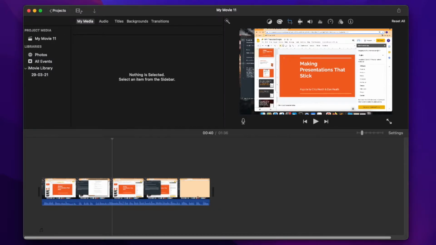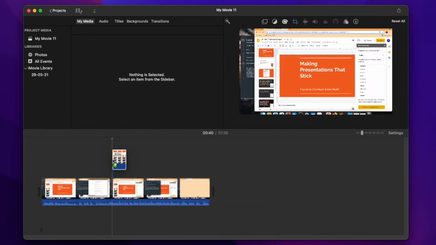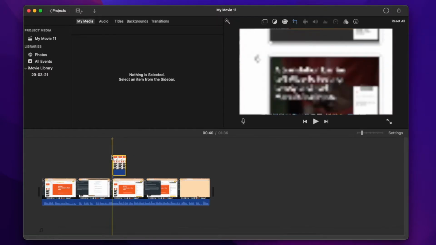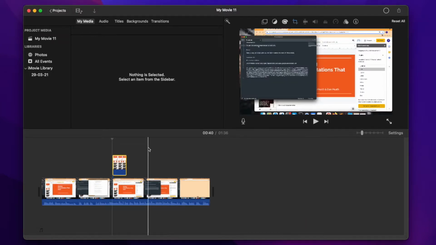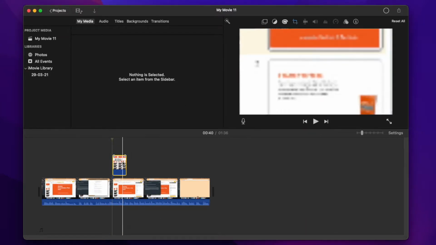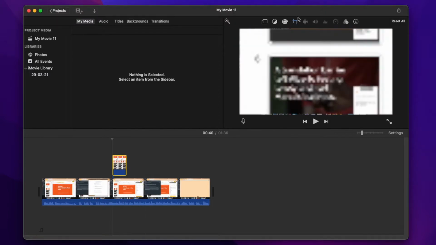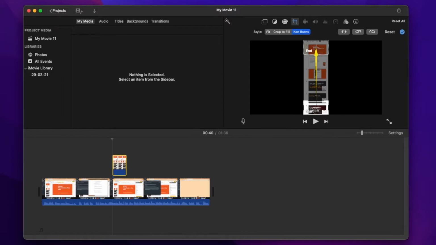Once I have that image, it will be available on my desktop. Here's the image. I'm going to place that right above the timeline, so you can see this image has taken the whole screen. First things first, we don't want that to happen. We don't want it taking that horizontal rectangular shape, because it is a vertical rectangle. We want to make sure that it takes its own space, because right now it's cropped down to this rectangle.